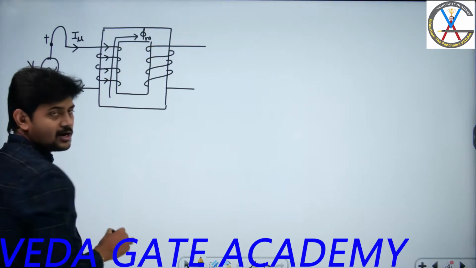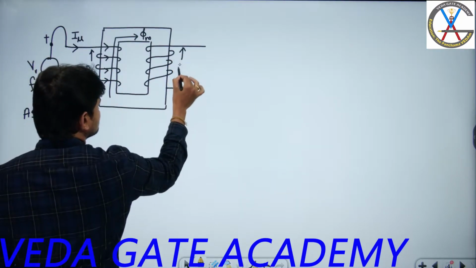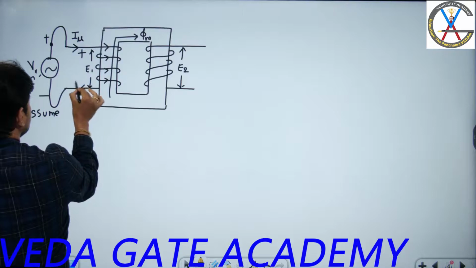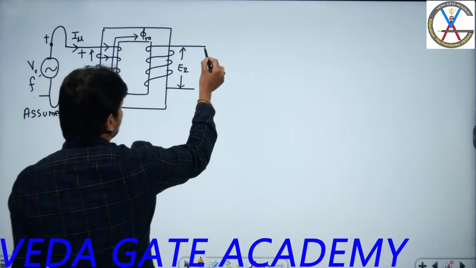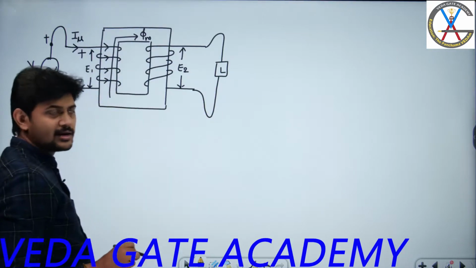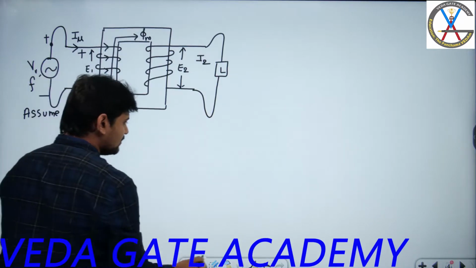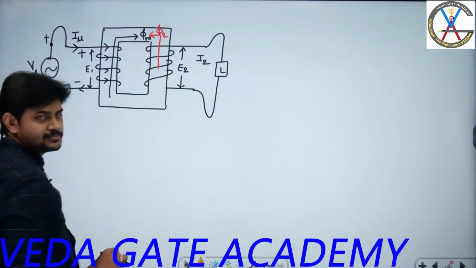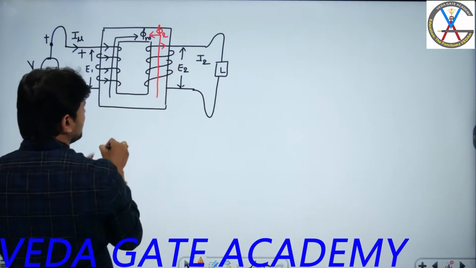This is my main field flux, and because of this main field flux, EMF gets induced across the primary as well as across the secondary winding, right? Since it is an ideal source, as this is the positive terminal, I can say this is plus minus. Now how to determine the polarities of this EMF? The moment I connect a load, the current starts flowing through the load. The direction of the current I2 in the secondary winding is such that it will produce one more flux which opposes the main field flux. To show the opposition, the flux should be in this direction. If I know the flux direction, I can easily obtain it by using the right hand thumb rule.